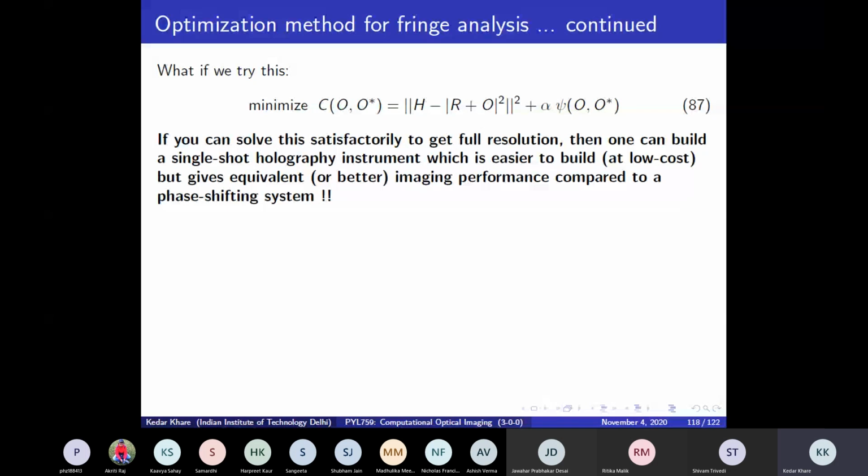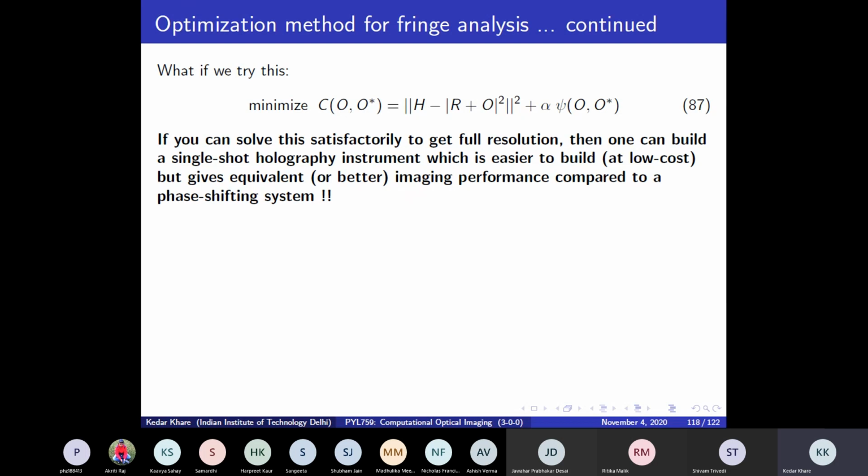Traditionally, if you said that I want full resolution, then there is no other way, meaning you will just say, OK, I have to go with phase shifting. Single shot system is just impossible because there is no good algorithm that will recover that information. But suddenly if I say, let's change that approach and think in a different way, and let us say that I can solve this equation and I can get the full resolution performance, then it means that all these years we were using phase shifting just because our maths was poor. The maths we were using was not very sophisticated.